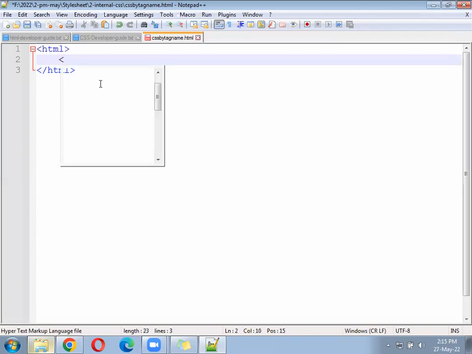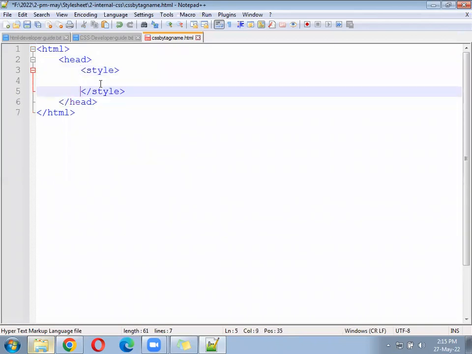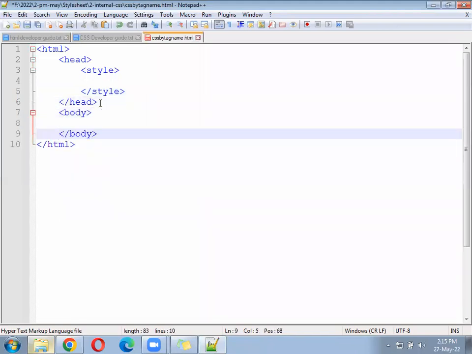HTML head, style, you need to open. HTML head, then